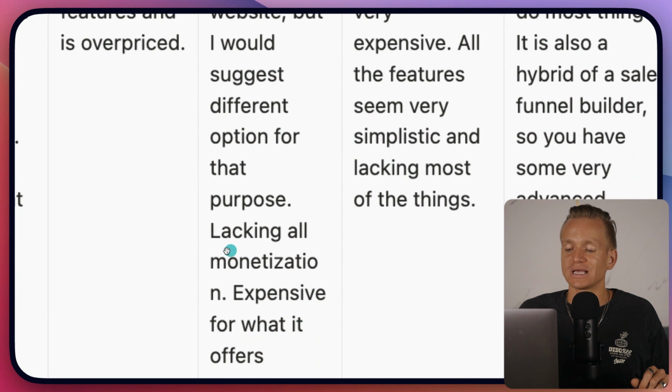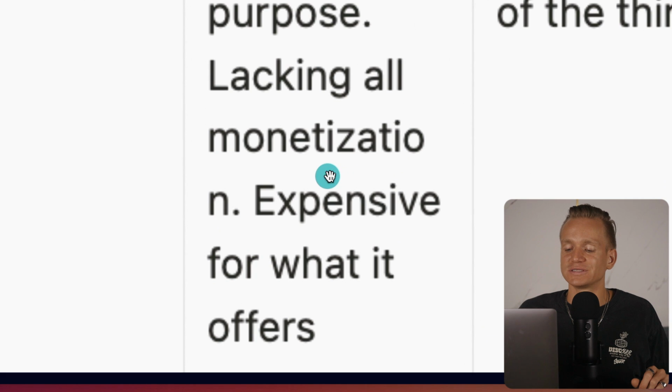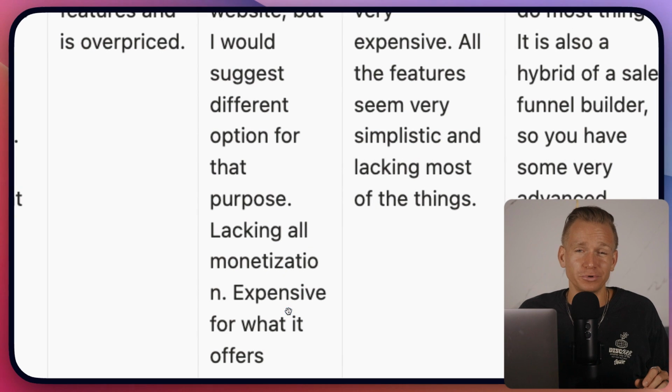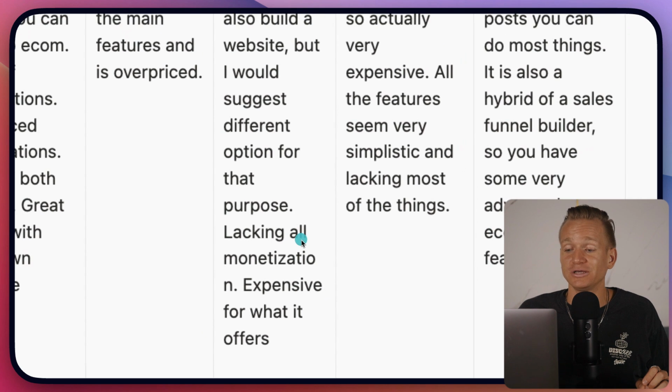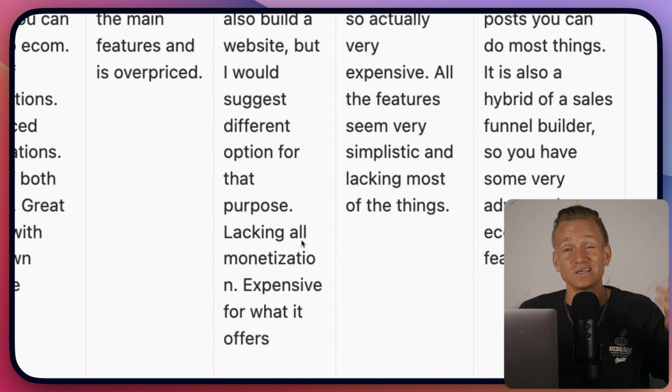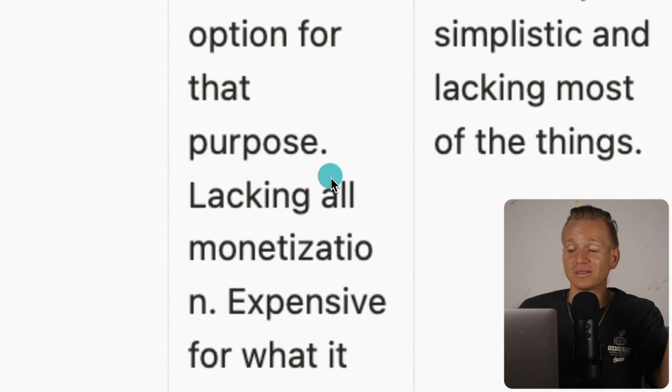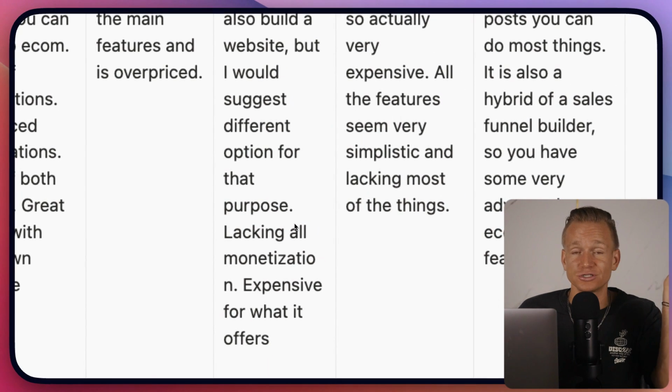And the other thing is it's lacking a lot of monetization options, and it's really expensive, especially for what it offers. It's very limited. So honestly, I don't really understand why exactly you would use Ghost. I don't really recommend it. As I said, the only thing is that you can create a little bit nicer looking website compared to other solutions, but it's definitely better just to create a WordPress